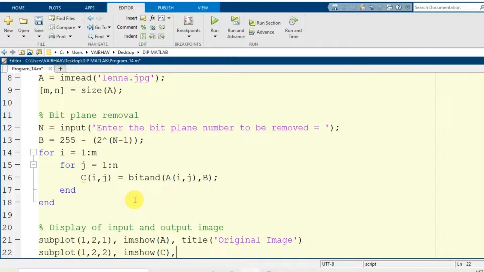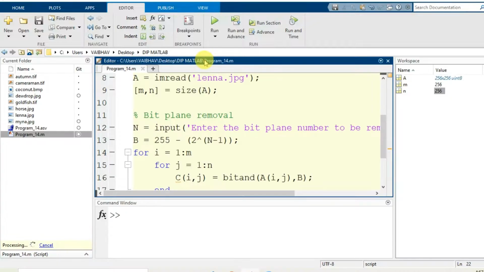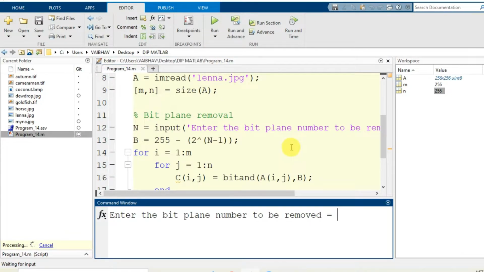I do this with the help of the imshow command again, and the title I provide is image after bit plane removal. We can also print which particular bit plane has been removed, but for simple demonstration I will keep it like this only. I have saved the changes to the script, because from the command prompt you will see which particular bit plane has been removed.